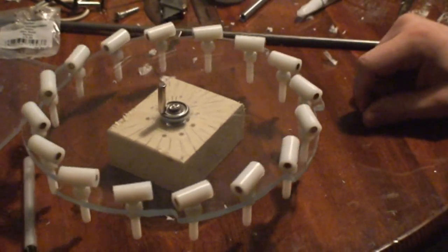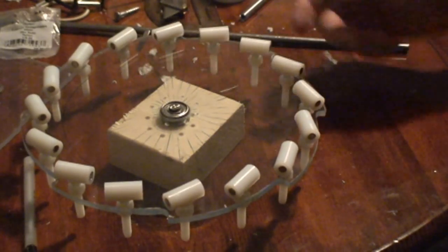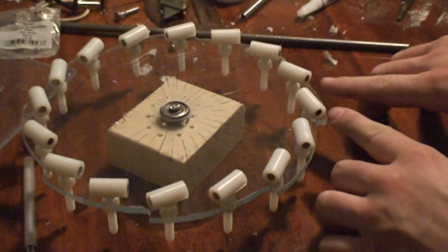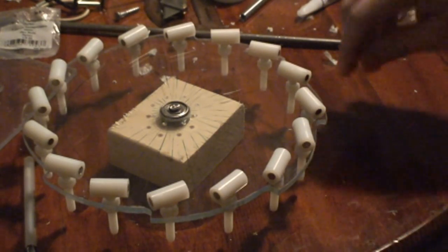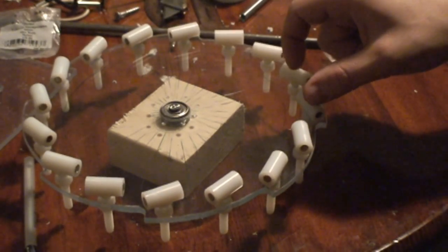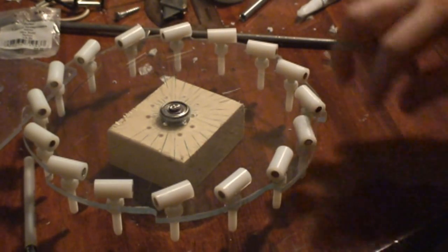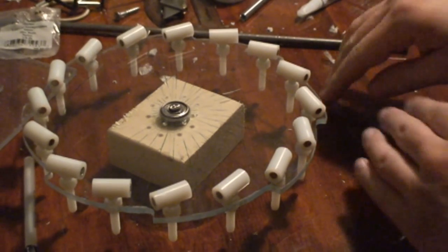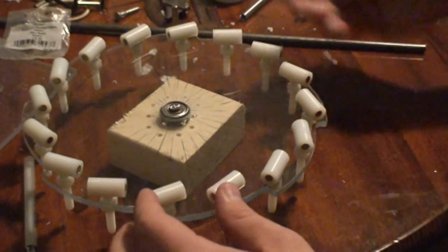So yeah, next step is going to be to make the bottom assembly, and get something that I can mount these onto. And I think what I'm going to do, instead of having just 16 exactly equidistant, I'm going to have 15, and each one of them will be like this is 16 centimeters. I'm sorry, this is 16 millimeters here, and each one of them will be 15, I'm sorry, wrong again. It's worked out, but anyway, they're going to be spaced out equally,